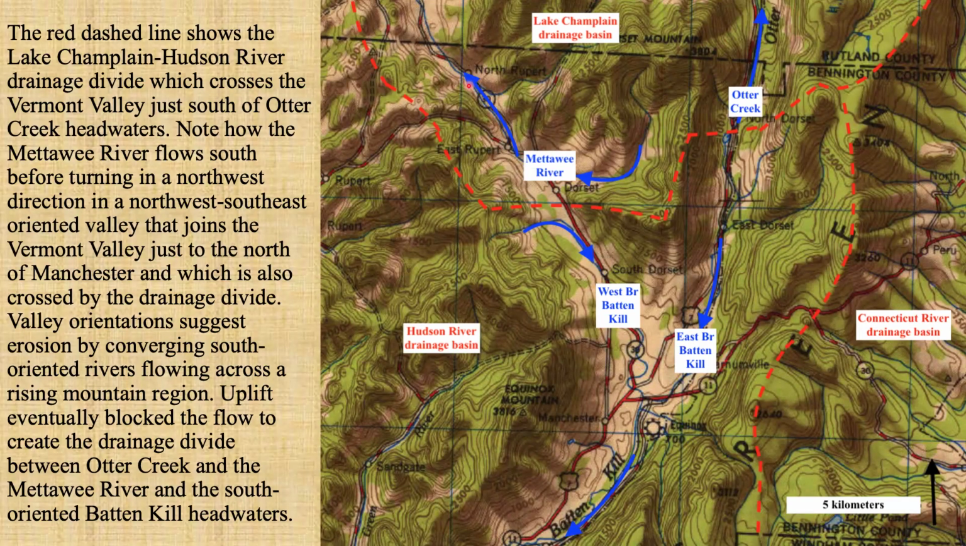And if this was eroded by south-oriented rivers, why the drainage divide would exist in this region would be that as the Green Mountains were uplifted, eventually the rivers were unable to cut the valleys deeper as fast as the uplift was occurring, and eventually the uplift would outpace the ability of the rivers to erode the valley, and that would cause the drainage divide to form. That's a pretty simple answer,